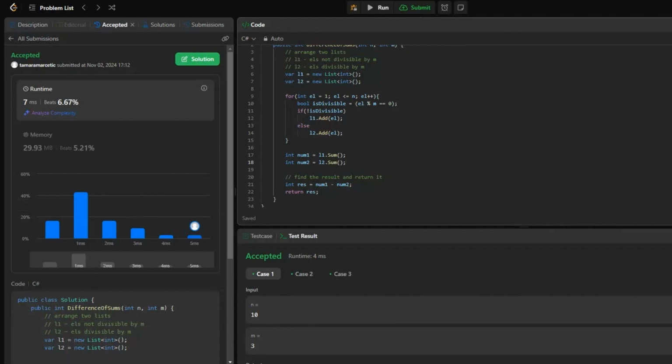Space complexity is linear as well due to lists L1 and L2. Everything else makes the constant space complexity. Here, you can think of creating a bool variable inside the for loop n times, which is true, but it's still big O of 1 space complexity, not big O of n, because after the end of each iteration, our variable doesn't exist anymore. We are creating a new variable each time,